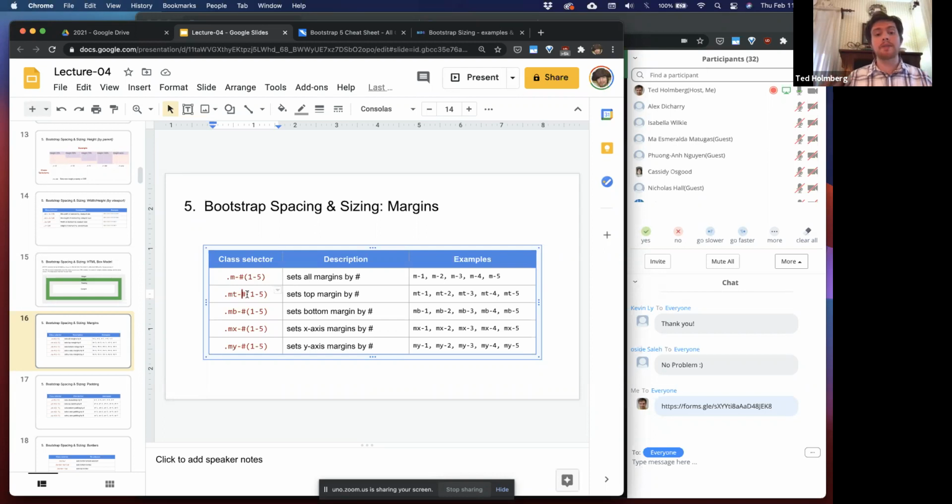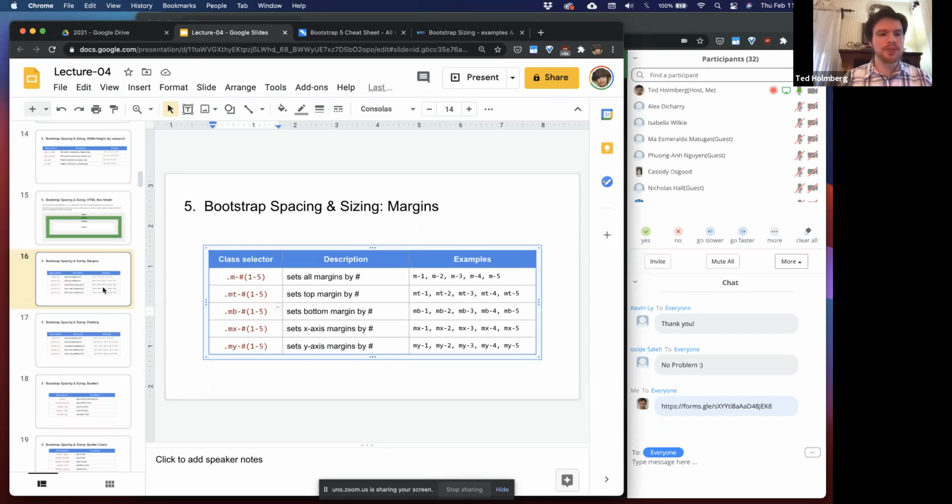So you could do an MT2, MB3 if you wanted to, and have a top margin that is a different size than a bottom margin. And so just like we have the ability to provide this class name to affect an element's margin value, we can also do the same thing